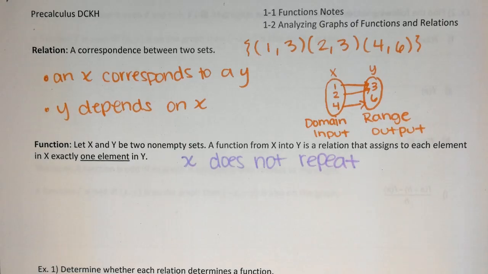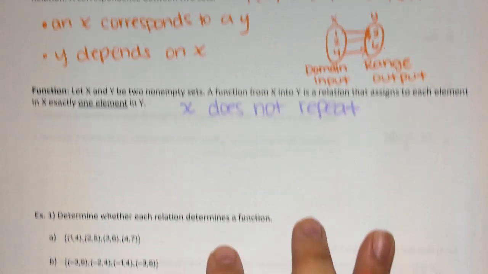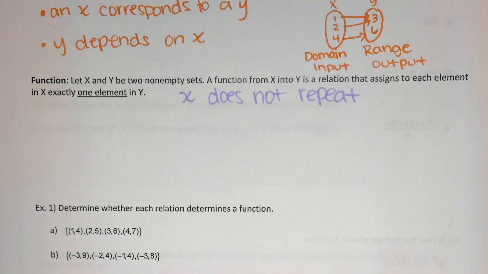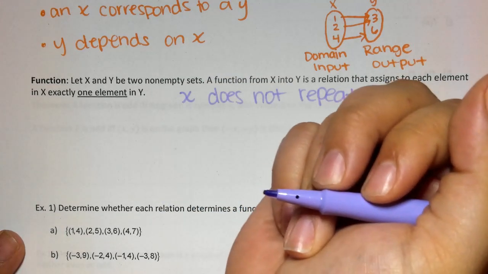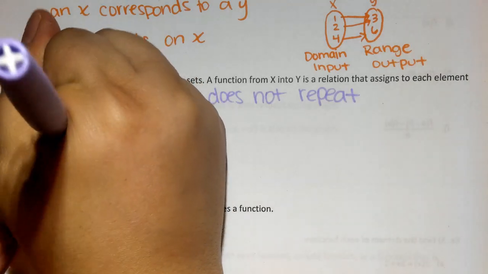We can do that by literally looking and seeing, does x repeat? Or what about on a graph? How do we know if something's a function? What's that called? Vertical line test. So if I have this mapping,